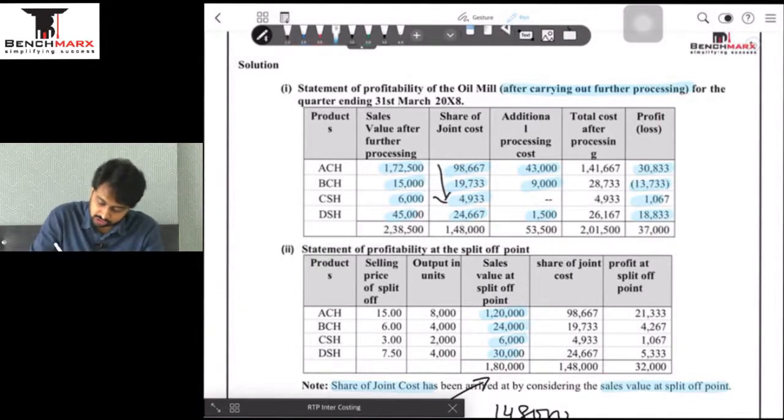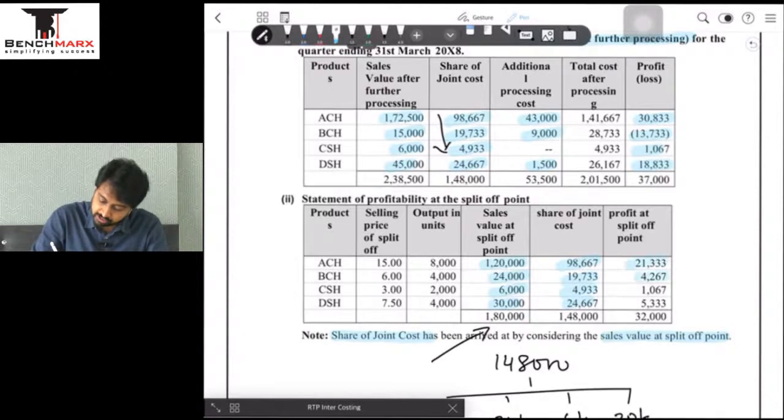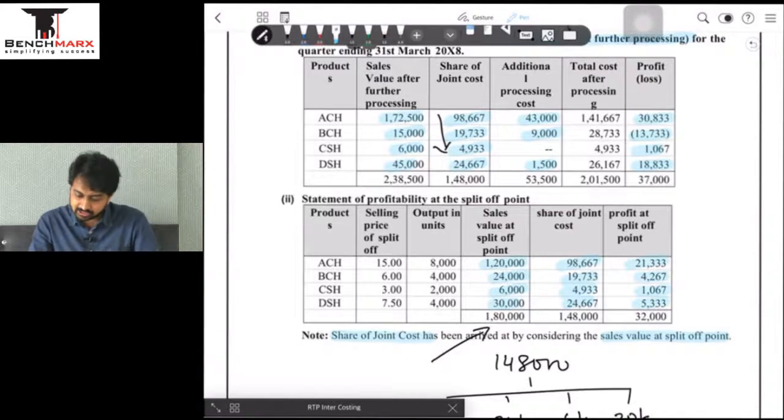So these are my joint cost allocation, and since we are selling at the point of split off, in the second table we are not going to have the cost of processing further, and these are my profits if I decide to sell at the point of split off. As I can see, the profits are more for A after split off. So if we had to decide, A should be further processed, B should not be further processed, C remains as it is, and D should also be further processed because there is incremental profit.